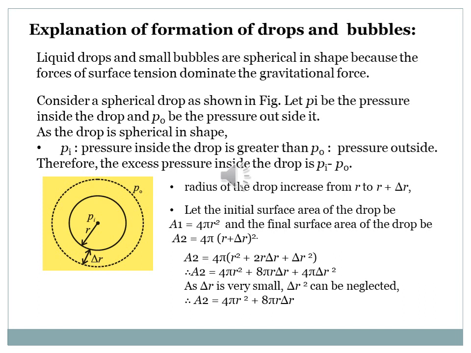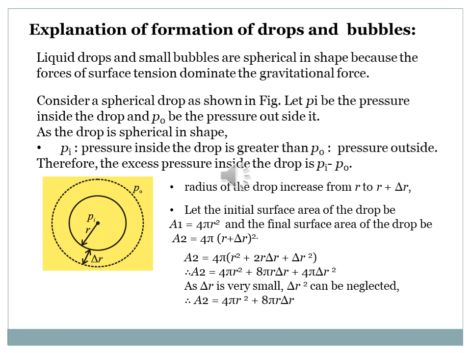You can see that the pressure inside the liquid drop is Pi, the pressure outside the liquid drop is P0. We have considered an imaginary sphere around the original sphere. The radius is r, and as we see, the increase in radius is delta r. So the total radius will be r plus delta r, as the pressure inside the spherical membrane is Pi and outside it is P0. The excess pressure inside the drop will be Pi minus P0. Alright, we are going to consider in terms of this.